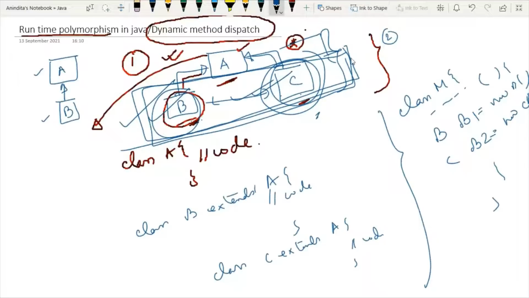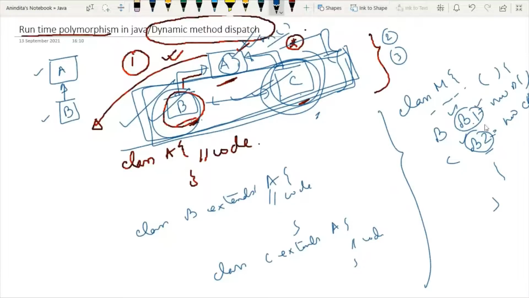Now you have another question, the third point. In case of hierarchical inheritance, to call the superclass's method, which object to use? Here the answer is you can use any object, because ob1.m can call the method of the superclass, and ob2.m can also call the method of the superclass.